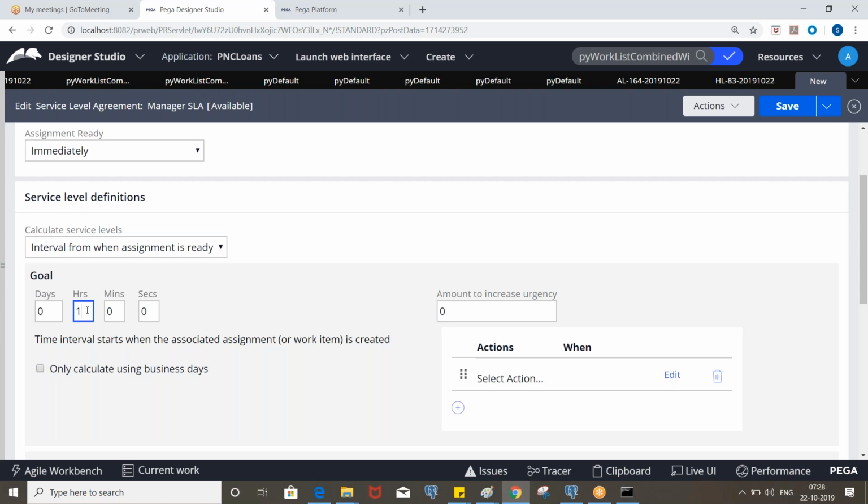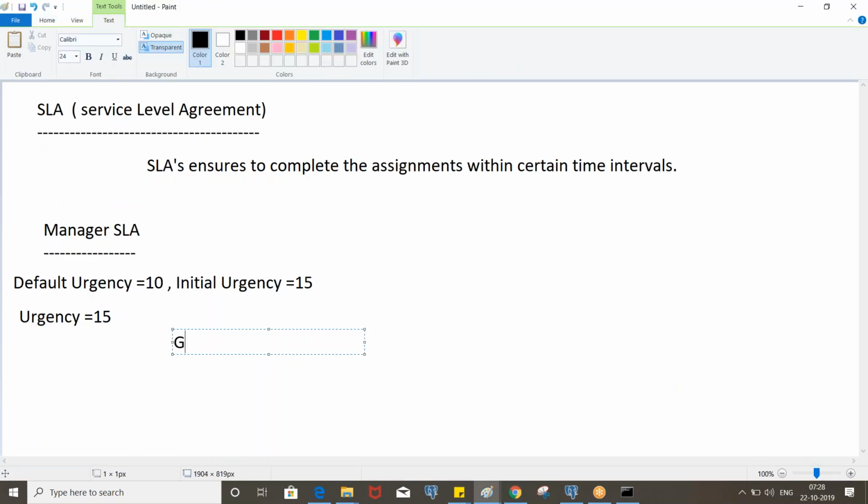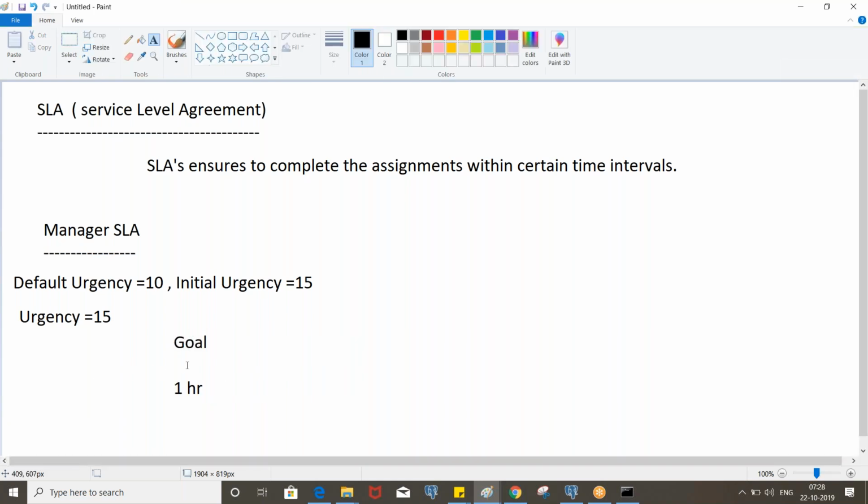That means the assignment is created at 9 o'clock, and goal time is 1 hour, and goal urgency. So can we put here?